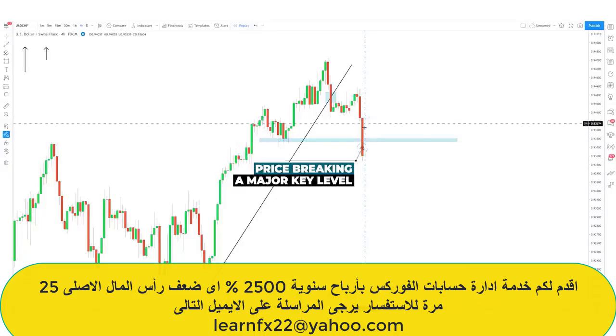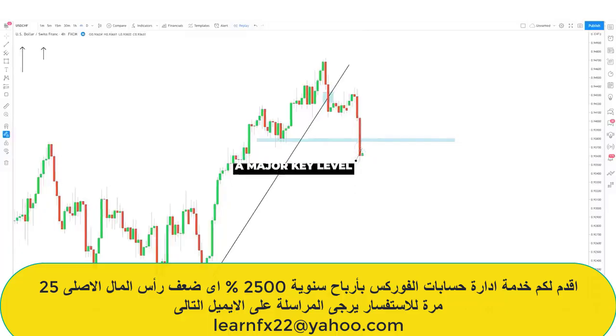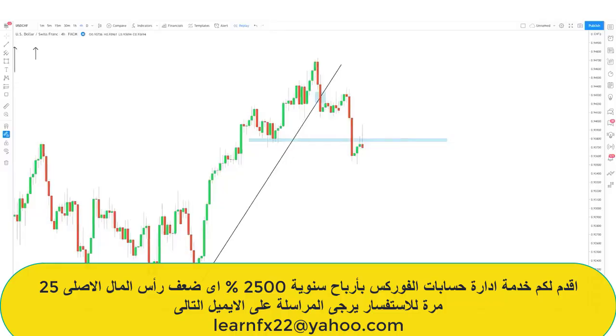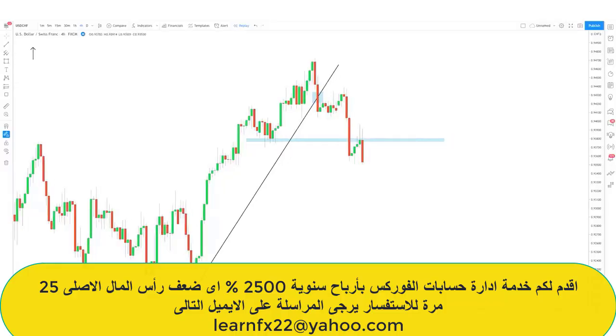Now we see a strong bearish momentum candle close. But remember, we do not take the trade yet. What we need price to do is come back to a key level to indicate to us that the bears are really in control. What are we looking for? We are looking for our retest of our key level, and we're looking for our bearish momentum candle.